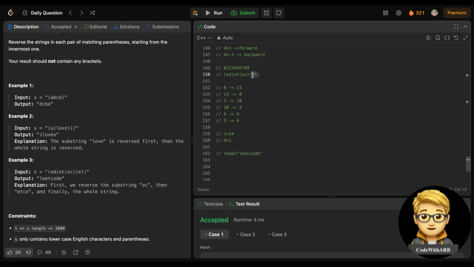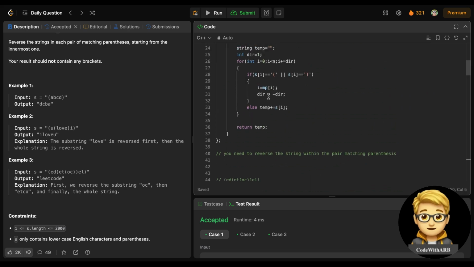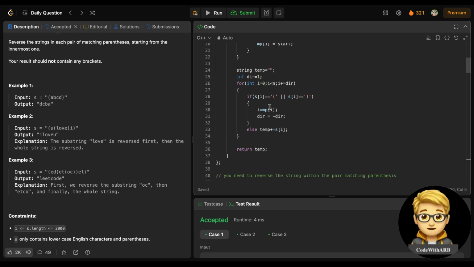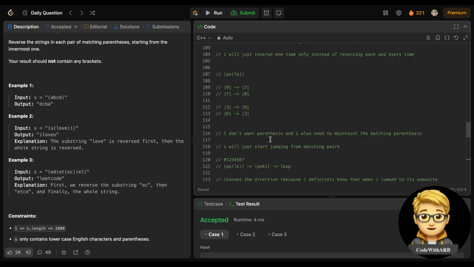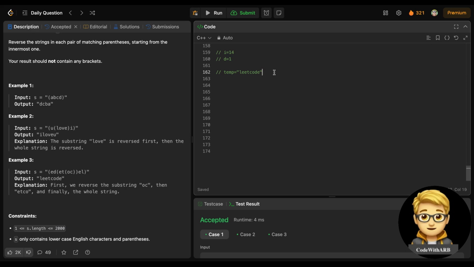When L and E are stored, I'm not moving to E and L again. If you see here, we are not moving over L and E again, because I'm just jumping from this to this, from this to this to this. We are not iterating the whole string again. We are iterating the string only one time. So that's why the time complexity is O(n) only, right? And the space complexity is